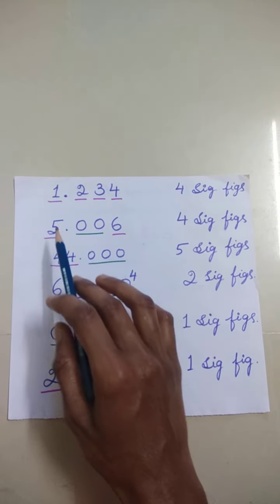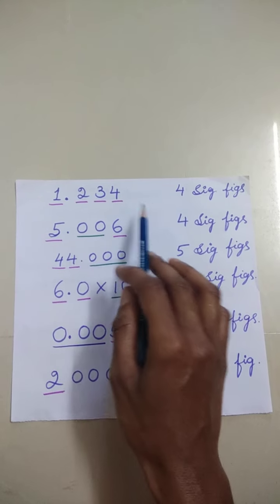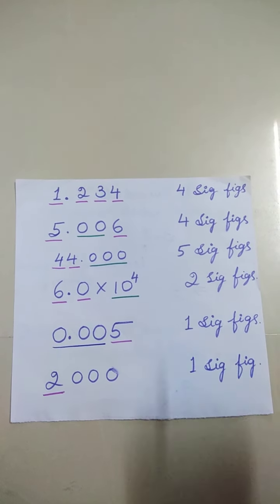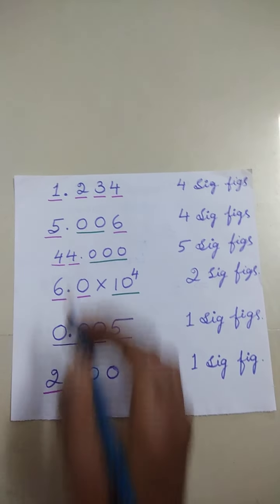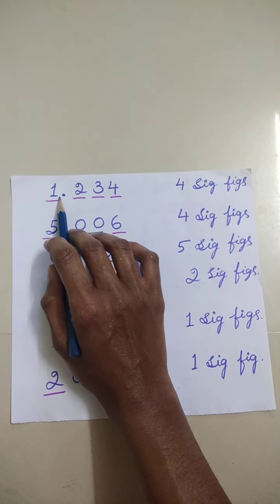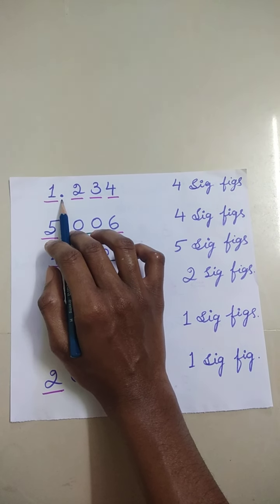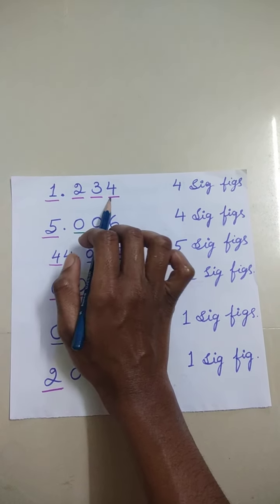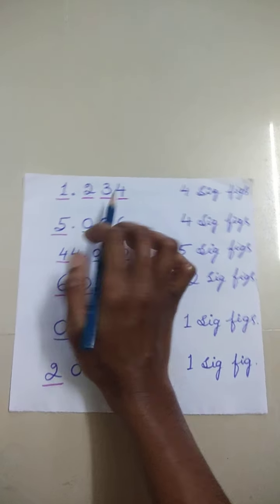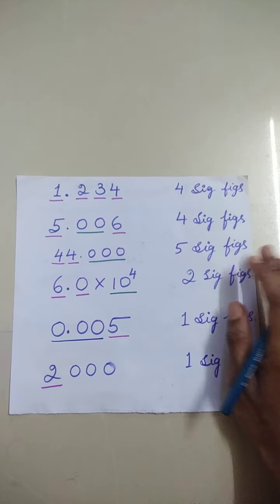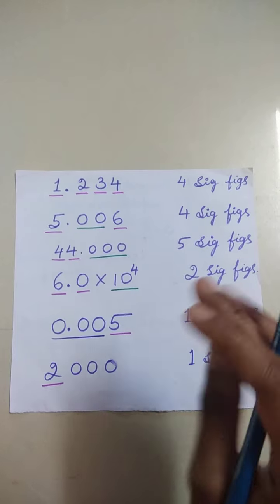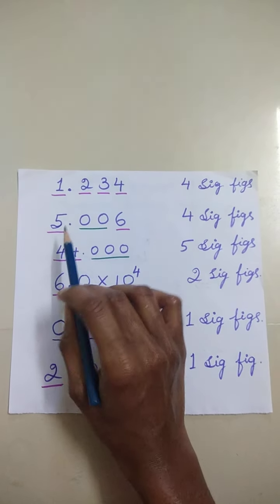So the first one is 1.234. These are four significant figures. Okay, see here, after 1 we have a decimal point, and then there are 3 numbers. All these are significant figures. They are important figures only. They are needed ones. See here, next is